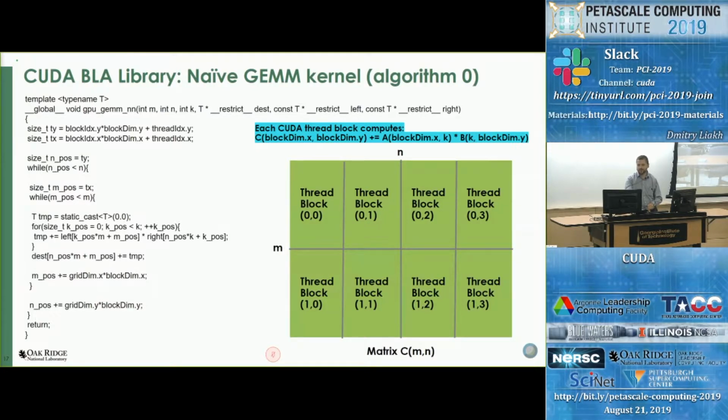times slower, right? So the next one has some optimizations. The next one, with optimizations based on shared memory, gives 264 gigaflop per second, which is almost twice faster than brute force. And the last one gives 580 gigaflop per second, which is still far from the cuBLAS performance, but it's not